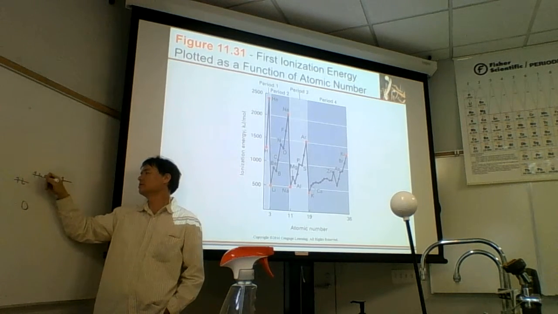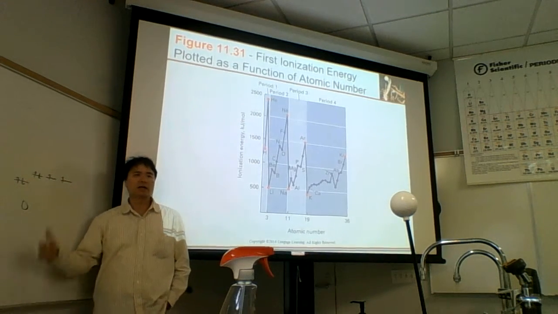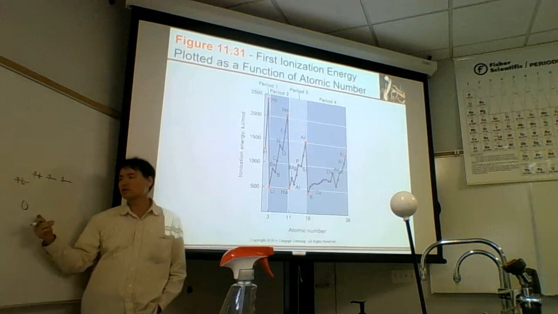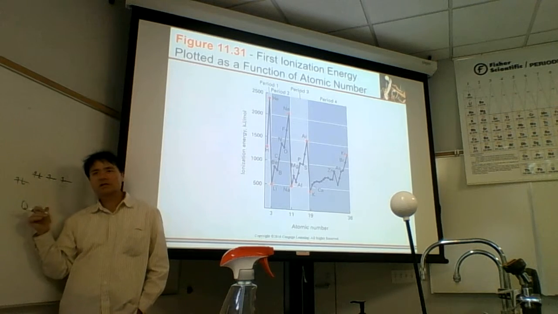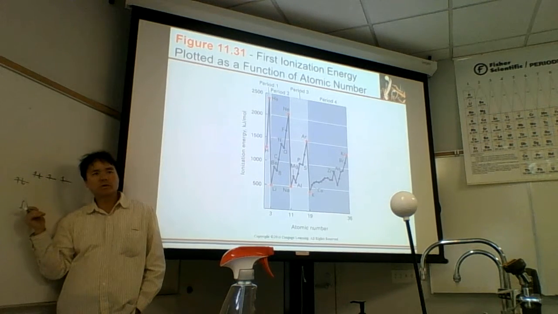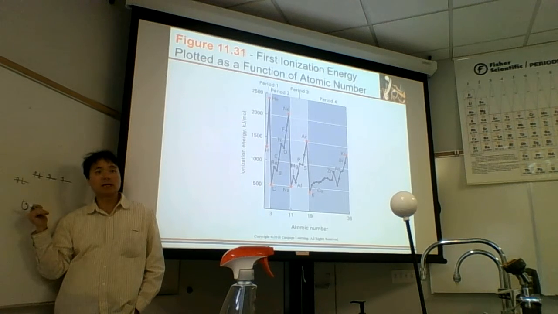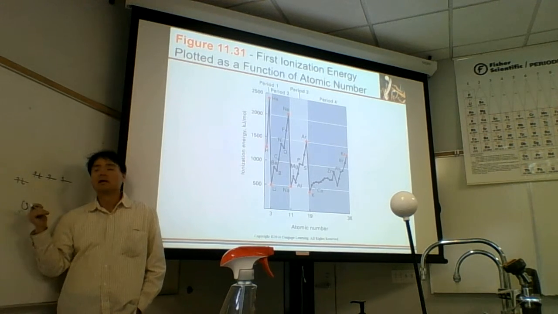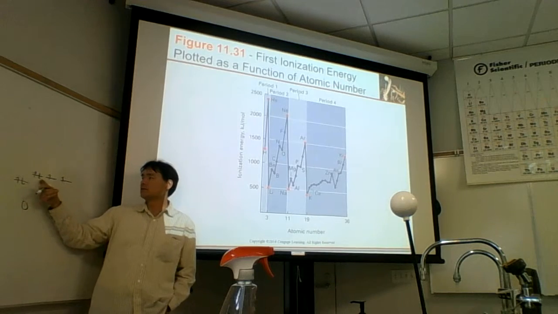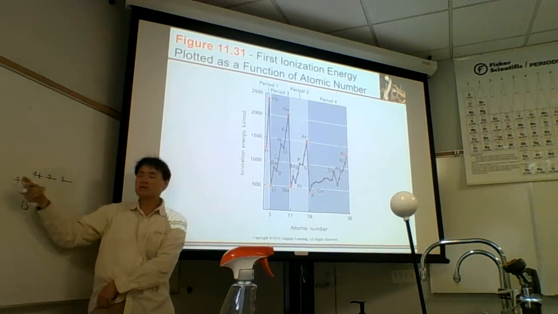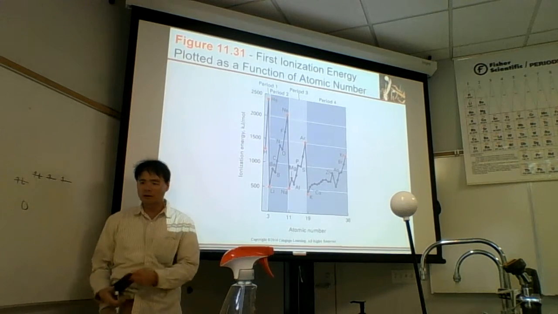Can you tell the reason why it's easier to ionize oxygen than nitrogen? It should be the opposite. Oxygen is smaller. Oxygen smaller should be more difficult to ionize, but it turns out to be easier to ionize because, yeah, the reason is because we're ionizing a paired electron versus an unpaired. It's easier to ionize a paired electron because paired electrons